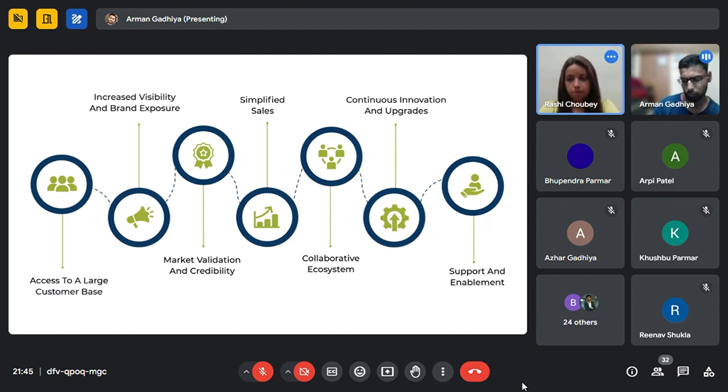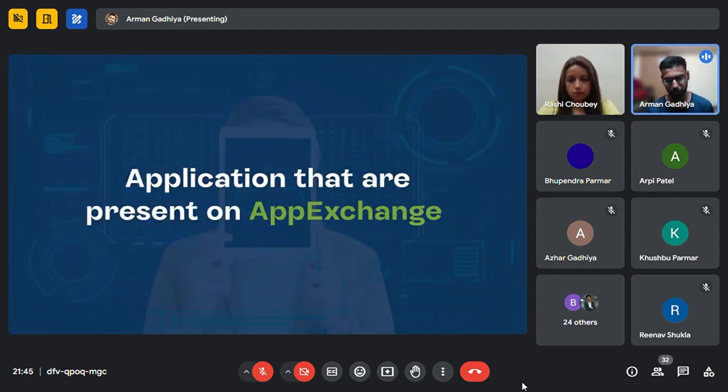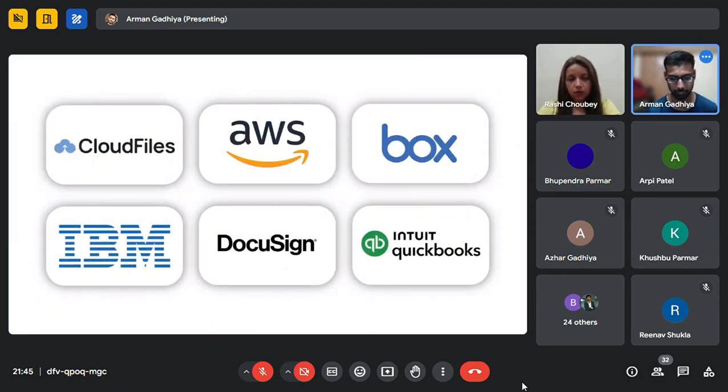Now let's look at what popular applications are already present on the AppExchange. As Salesforce is very vast, a lot of big brands like AWS, IBM, DocuSign, Box, and Intuit, we all know these brands somehow because they are very popular in the market right now. They are all choosing AppExchange due to the numerous benefits it provides to their customers.